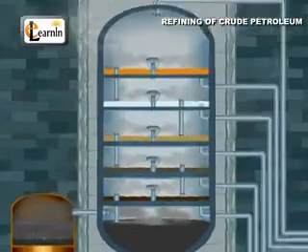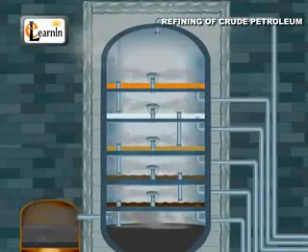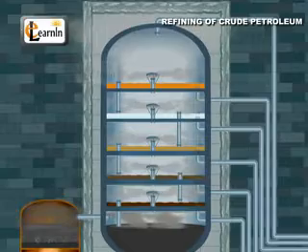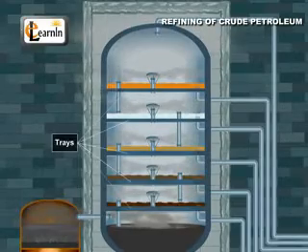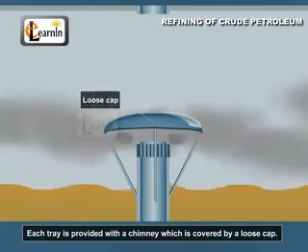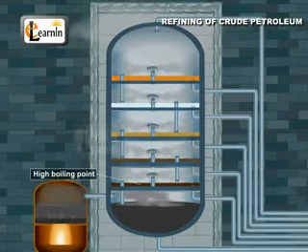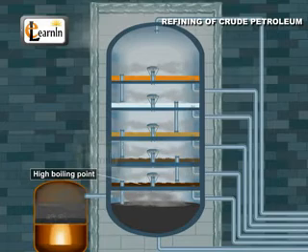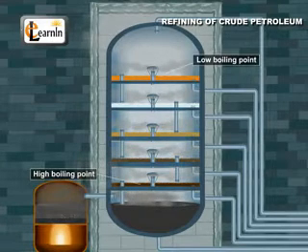The fractionation column is a tall, cylindrical tower. It contains a number of horizontal stainless steel trays. Each tray is provided with a chimney which is covered by a loose cap. Fractions having high boiling points condense first at the lower trays, and fractions having low boiling points condense at